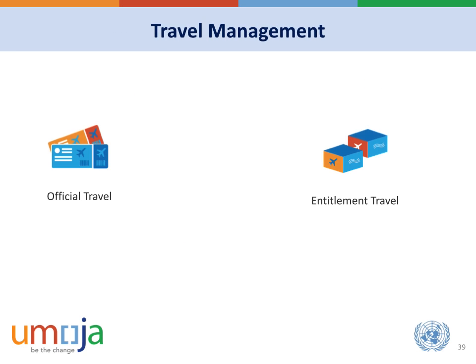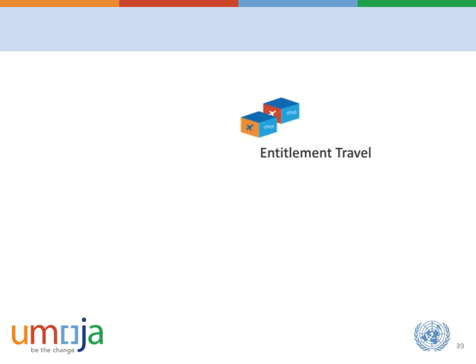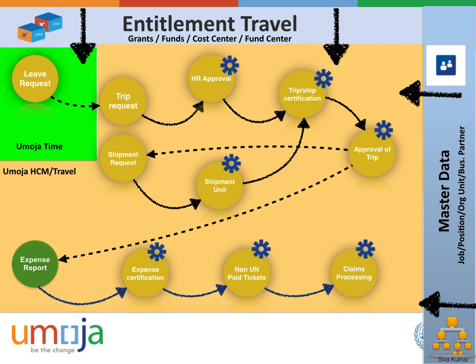We take you to the next stop of travel management. And again, I'm picking up an entitlement travel as an example, but I'm going to give you a feel for it. It may not be 100% reflecting your real business process. The idea, it has only two quadrants. One is the Umoja time management, where the leave request is sought by the staff member. It has been approved based on the Umoja time management functionality. Then the trip is